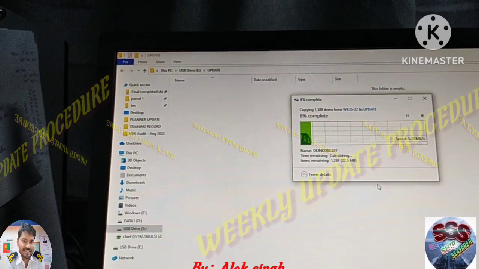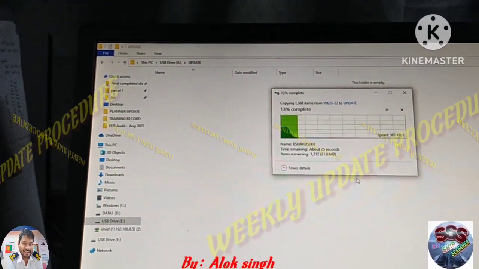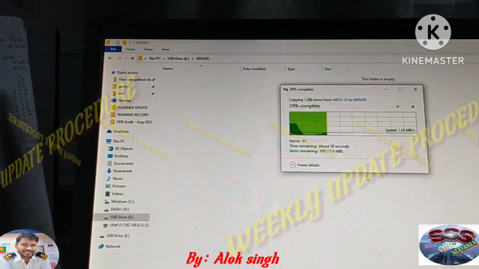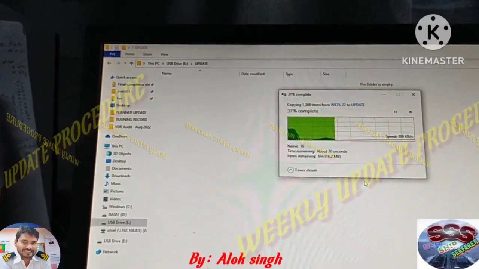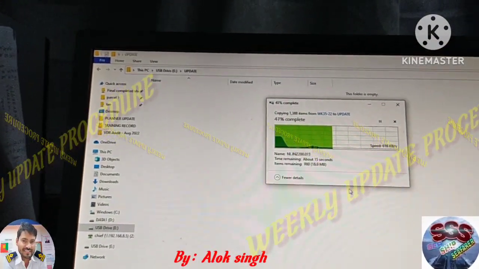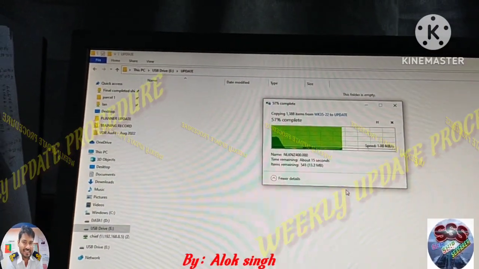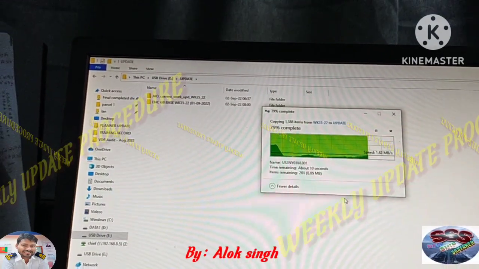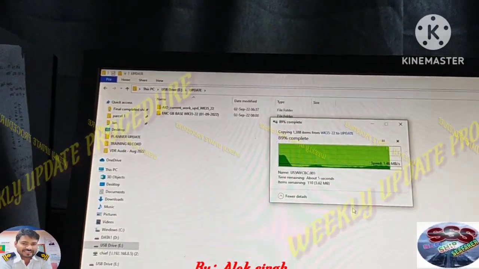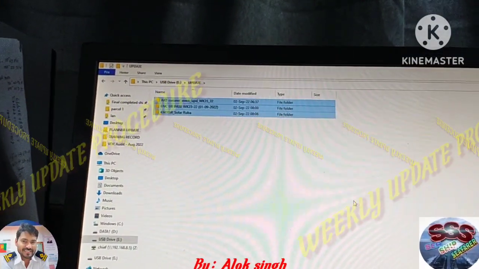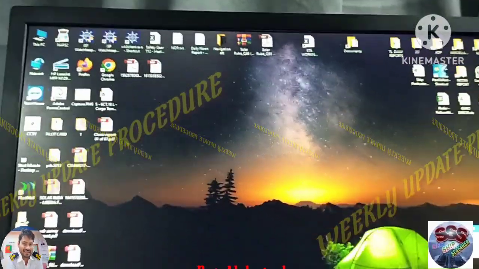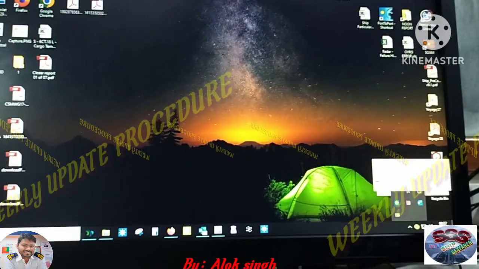Now copy all the selected folder, selected files. Okay, so now it has been copied to your pen drive, so just eject your pen drive, and now we'll